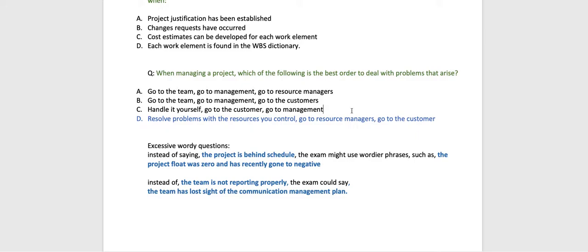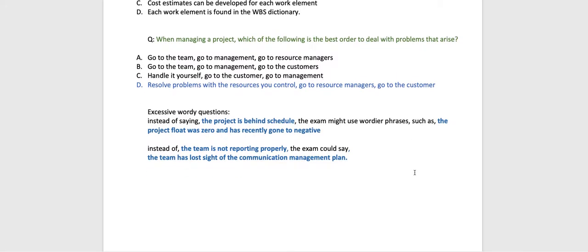That's it. So try to solve it by yourself first and take help of your team, which you're managing. You are a project manager. Then you're going to go to your resource manager, the managers above you, and you're going to tell them, well, there was a problem and I do have a solution for that. We have created a solution. And then after you discuss that with the management, you're going to go to the customer to explain to them that our company has come up with this solution. So this is how it works. So you really need to train your mind.